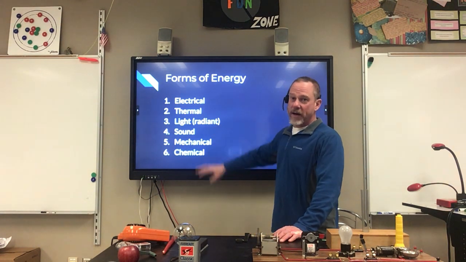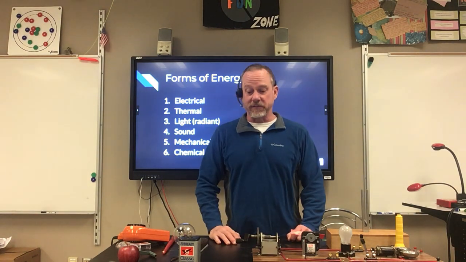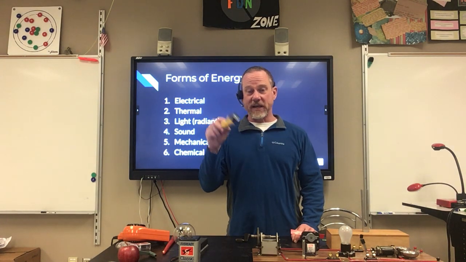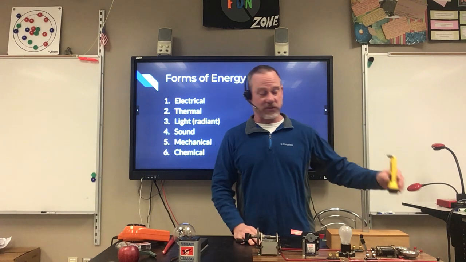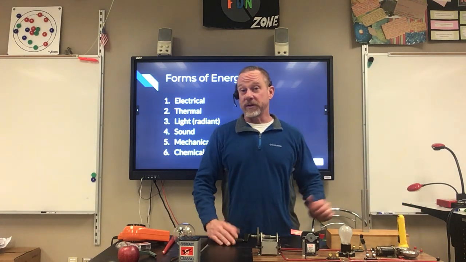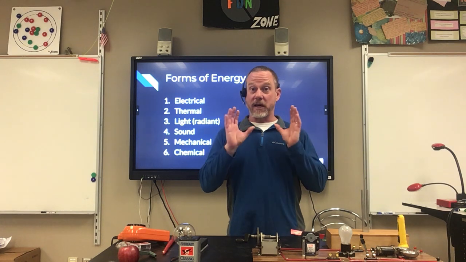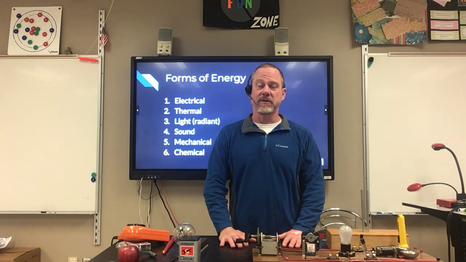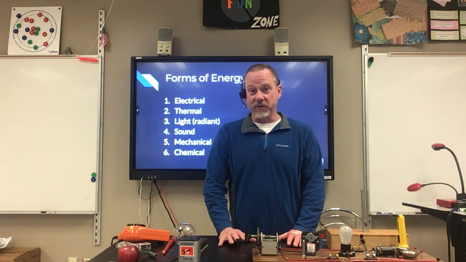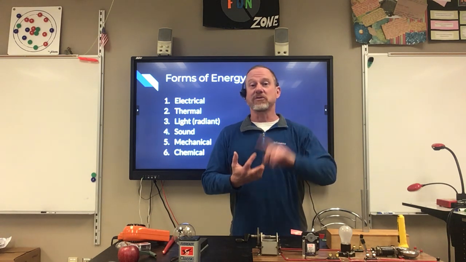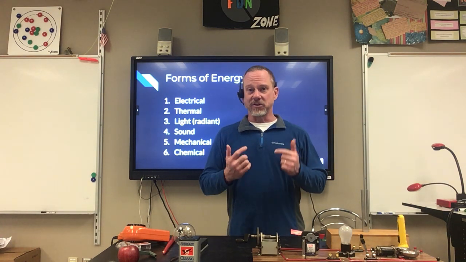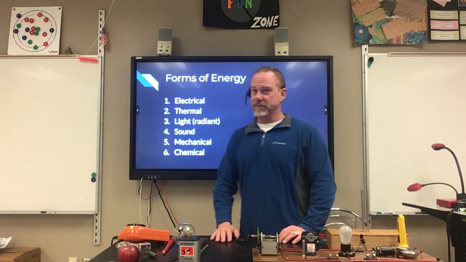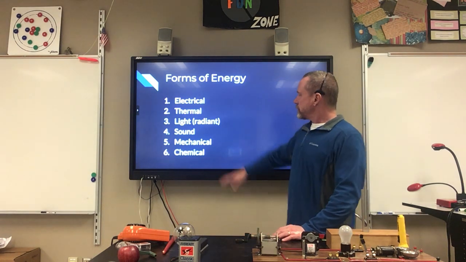Third one on the list is light or radiant energy. Remember, light is the stuff we see, right? It is the rays that come out and travel through space. It carries energy with it, right? Again, light is the form of that we see, visible light, but remember we also mentioned that there are also a lot of different kinds of non-visible forms of radiation. X-rays, gamma rays, ultraviolet radiation, you name it. It's just human eyes are able to see the visible portion of light, but there's more of it that's out there that we can't see. Okay, so light or radiant energy.